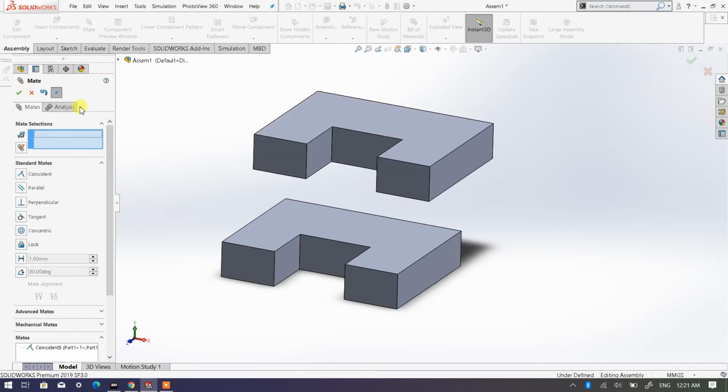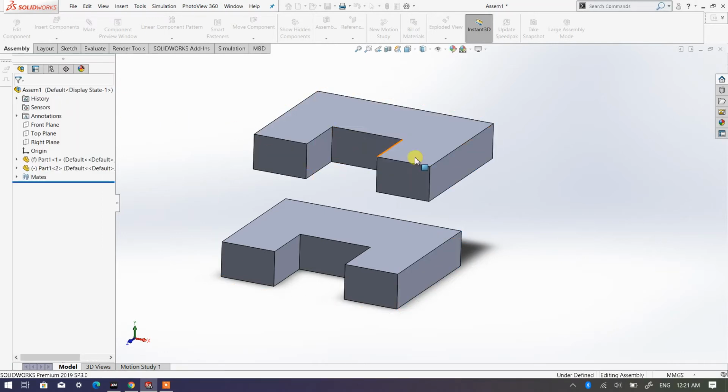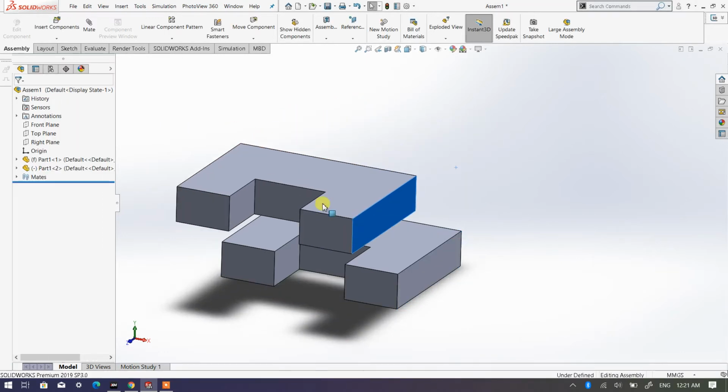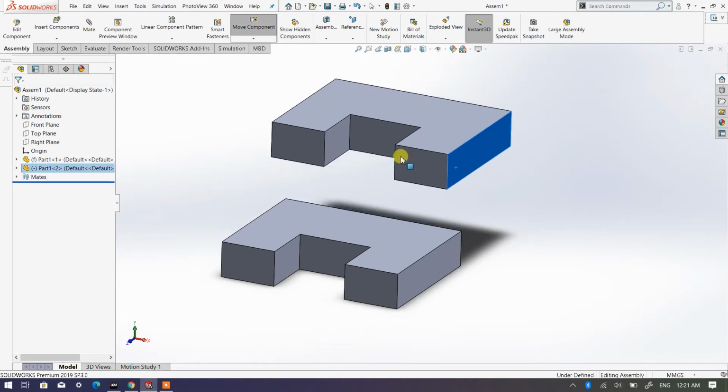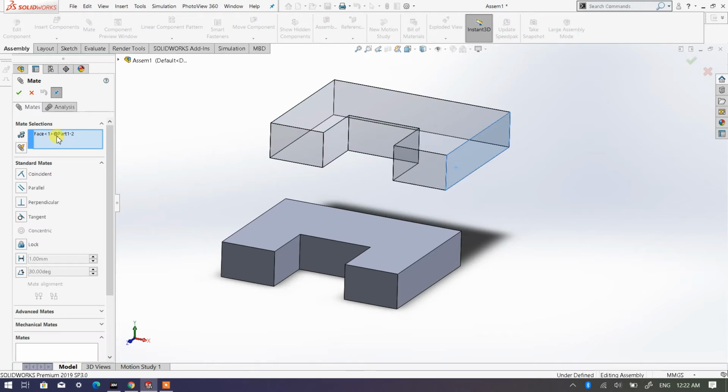Okay, so they're already aligned together. And if I try to move this one, we only have this particular off-alignment left. So now I'm going to mate this again. Instead of this, I'm going to delete this one. This time, instead of choosing this and this surface, now I'm going to pick this surface,